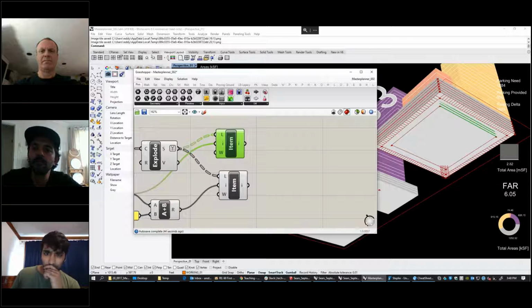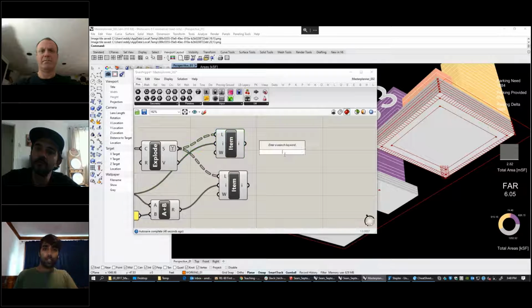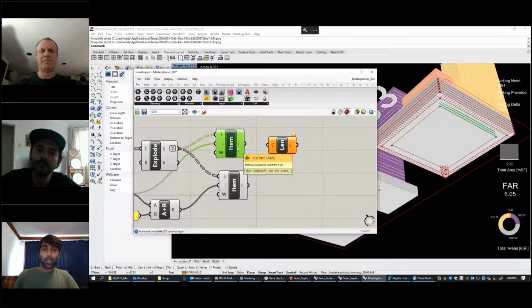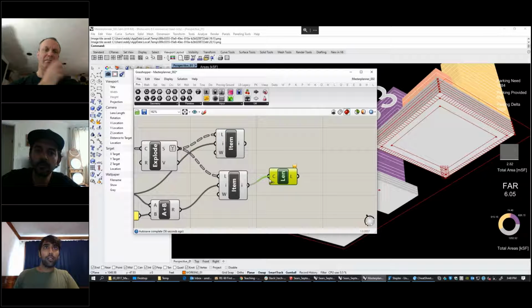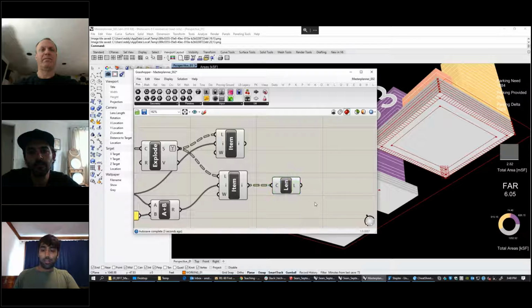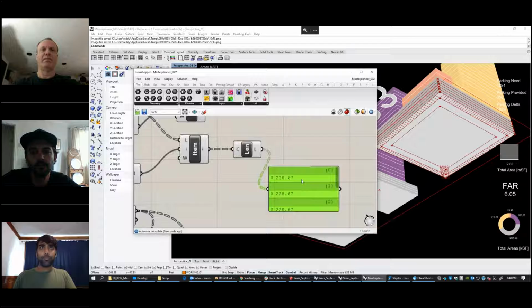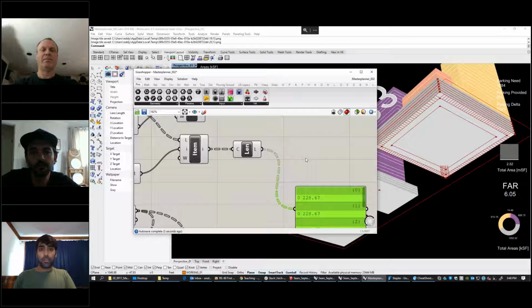Let's see, actually. Sorry, I'm kind of making this up as we go. So first, let's find the length of all these guys. Let's see which ones are the right size for all this. $228. So basically,